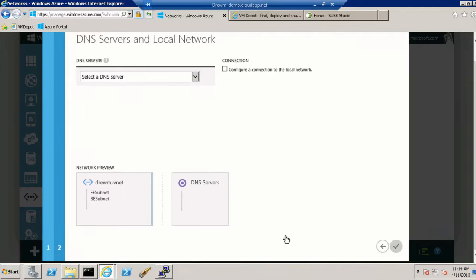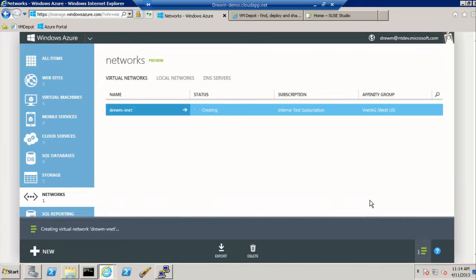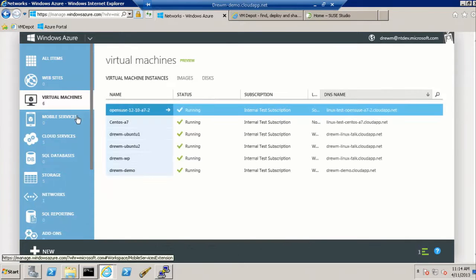Let that run through. And once we create the virtual network, then we'll have an additional option as we deploy virtual machines. So let me just create, just take a moment. All right. And now when we create a virtual machine,